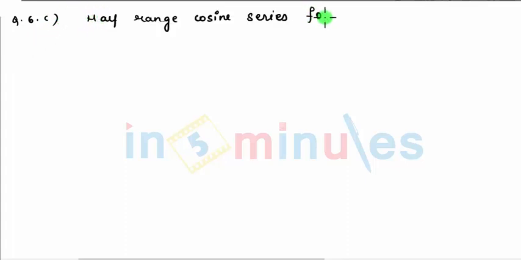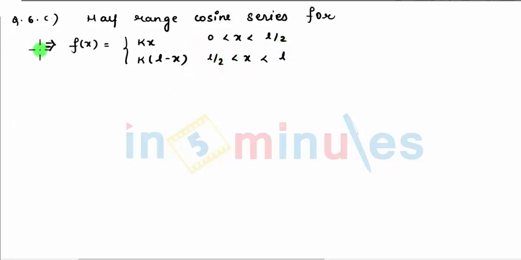The next sum is question number 6 C. We need to find the half range cosine series for f of x equal to kx for 0 to l by 2, and k(l minus x) for l by 2 to l. Since it is half range, from 0 to l, and that also a half range cosine series, I can write f of x as